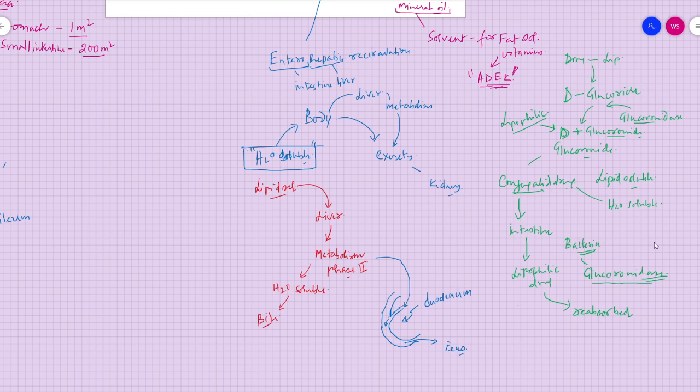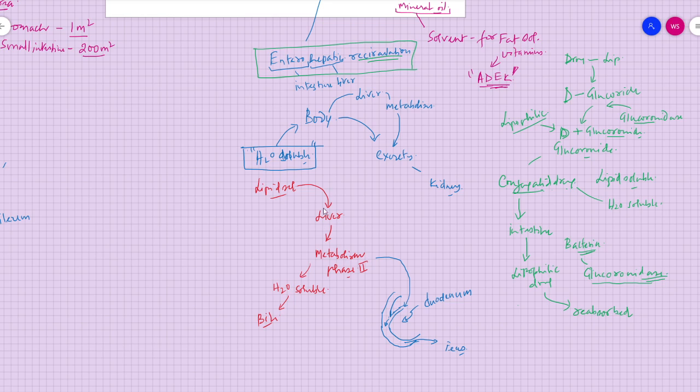Again it reaches the blood and now it is lipophilic. From the blood it goes into the liver. The liver again conjugates it and then this cycle continues. So that is why we call it recirculation. The drug kind of flows in a cycle. And this whole process we call